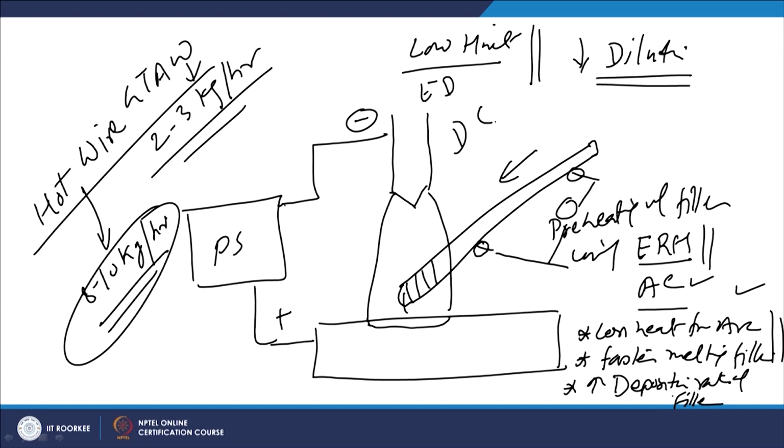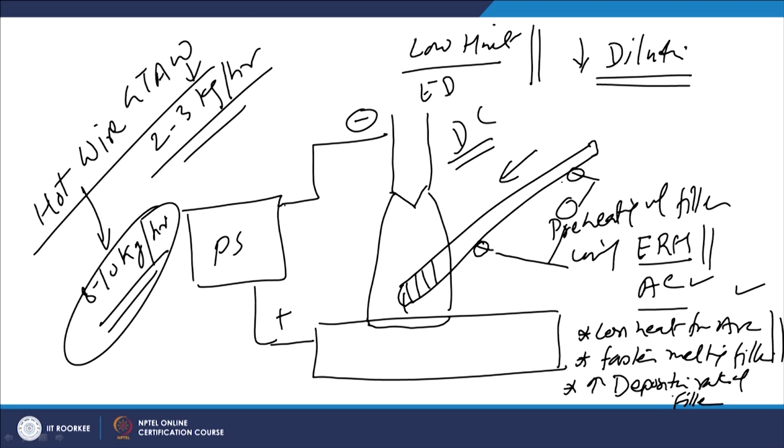Normally we use the DC current for the GTAW process, but for preheating of the filler wire we use AC in order to avoid any arc blow related issue during the weld surfacing, because if we use the DC current